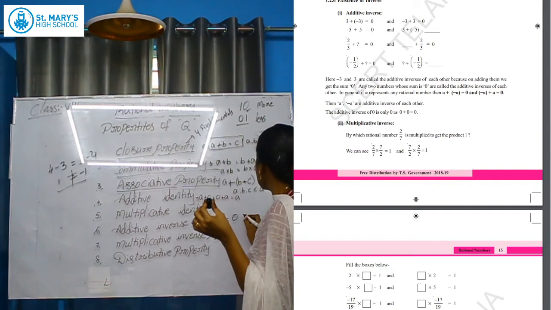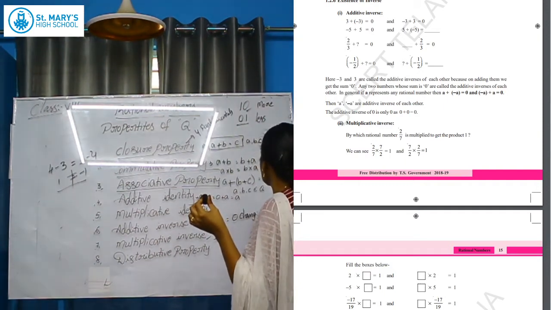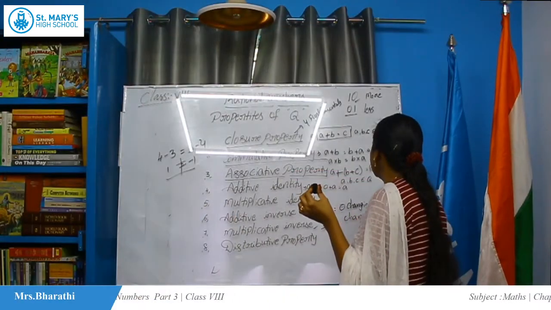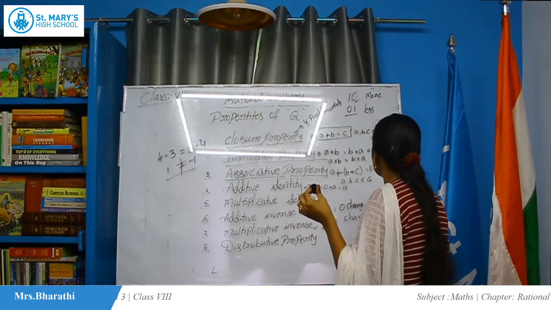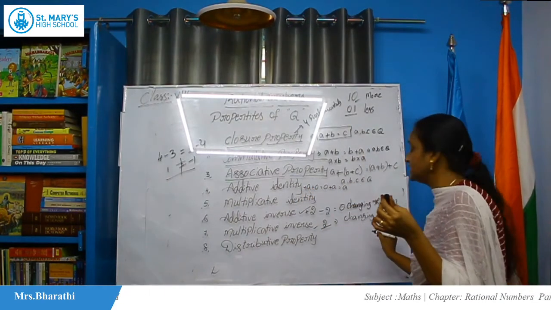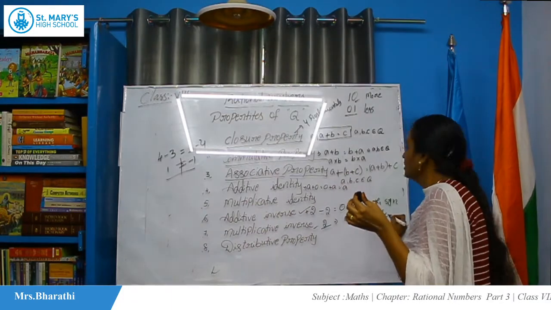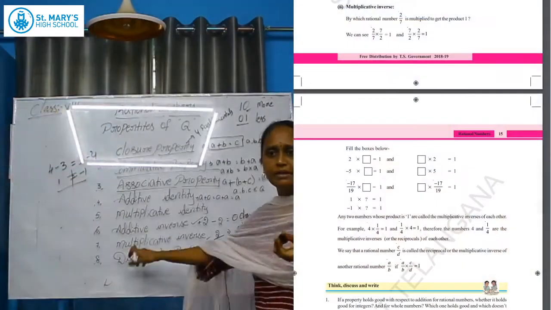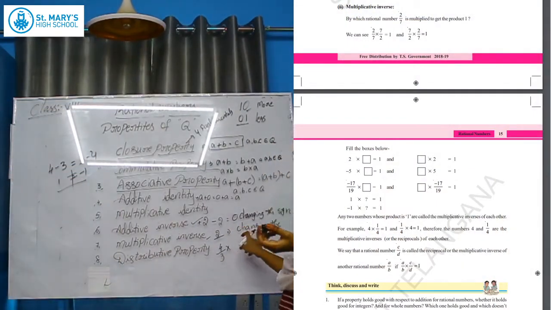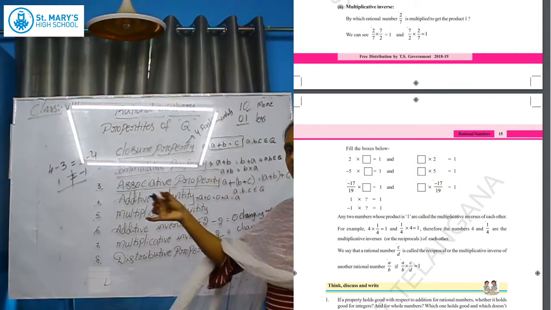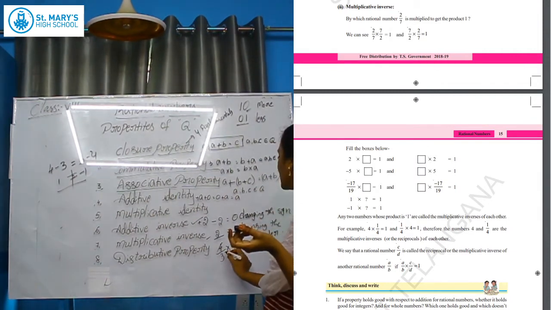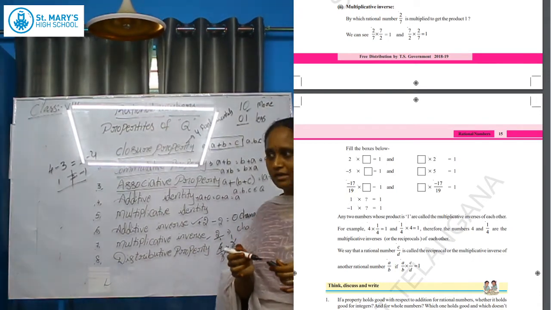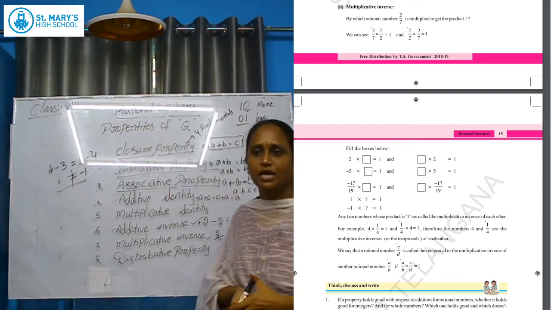Here, changing the symbols; here, changing the order. So for example, 4 by 3. What is the multiplication symbol? Into. Now I said changing the order, so 4 by 3 becomes 3 by 4. So 4 cancels, 3 cancels, then 1 into 1 is 1. The product we got is 1, or not? Yes. So it is a multiplicative inverse.